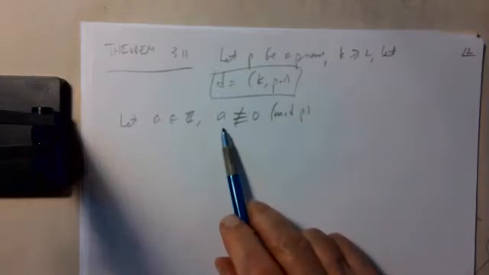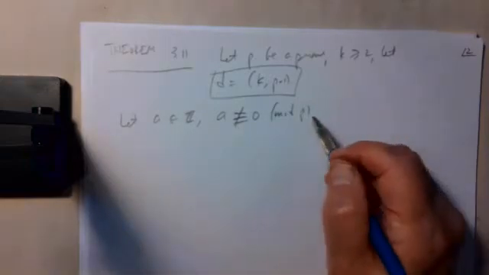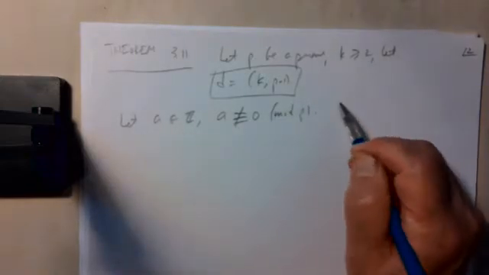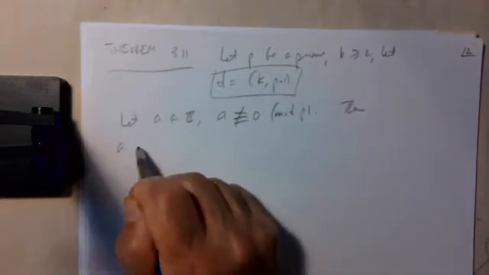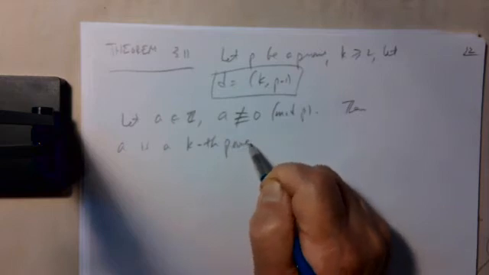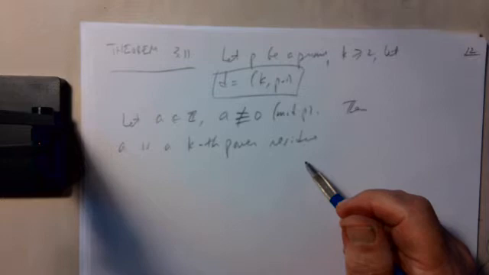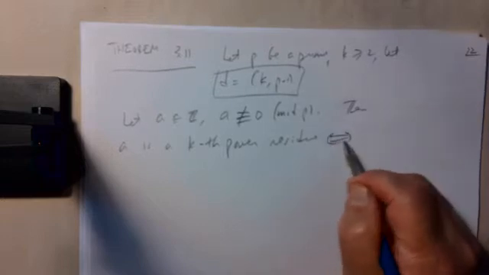This means P doesn't divide A. So the theorem says then A is a kth power residue if and only if